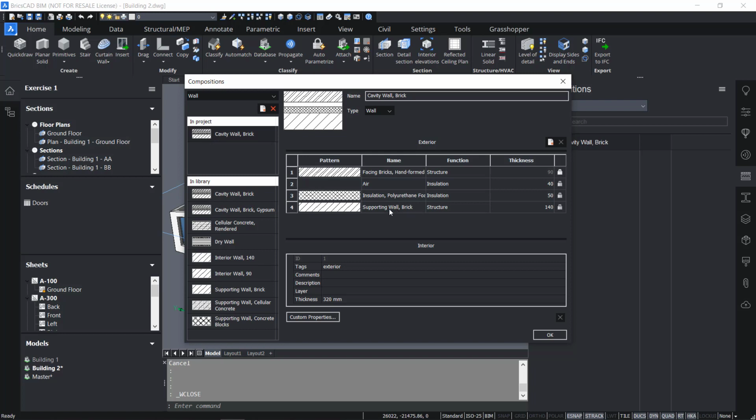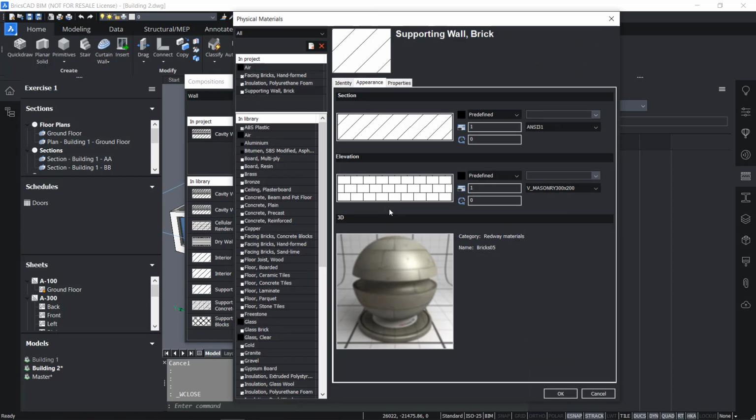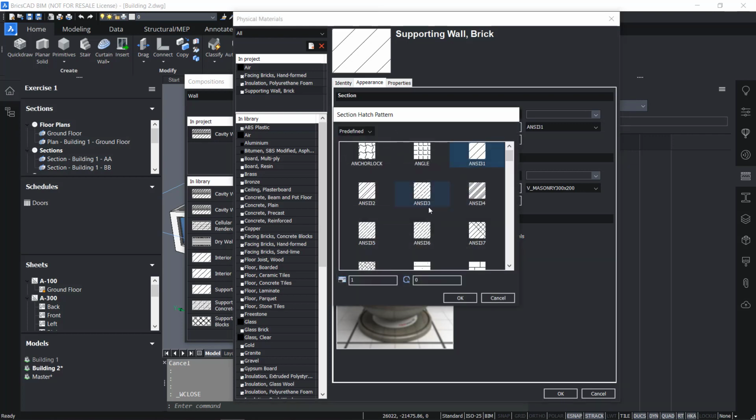And then I want to change the hatch pattern of supporting wall brick, let's say. So I double click supporting wall brick, and then you see section, elevation, and 3D. So in a section, it will look like this hatch pattern. In an elevation, it will look like this hatch pattern. In a 3D, it will look like this. So now in the section, I want to double click. I want to change it to, for example, this